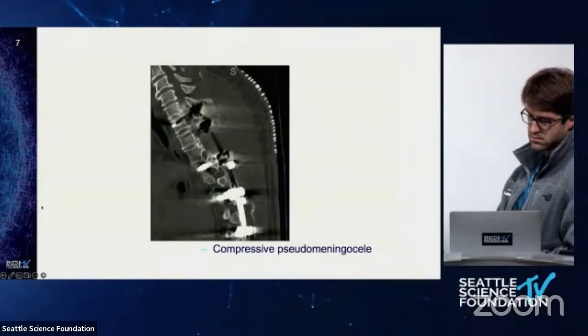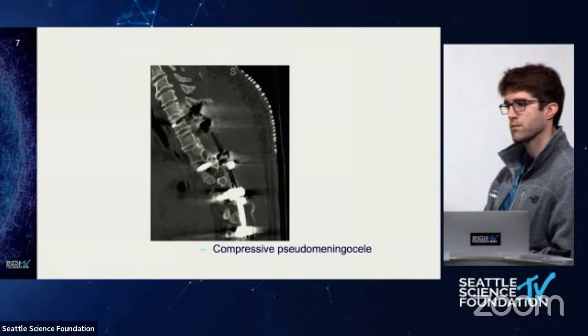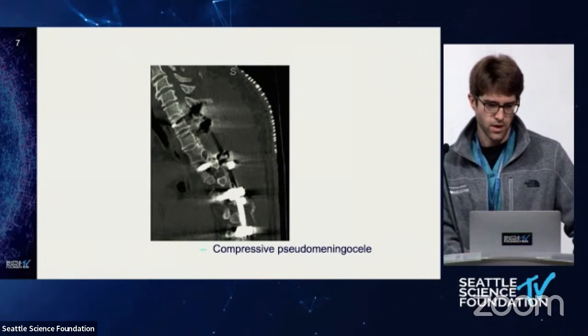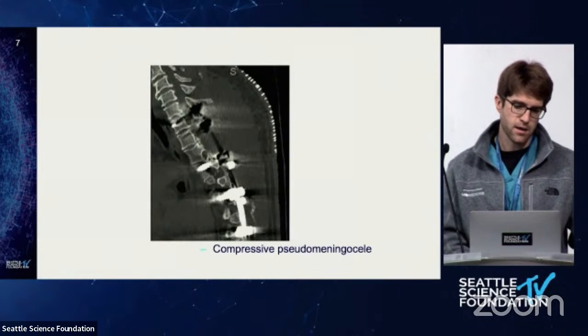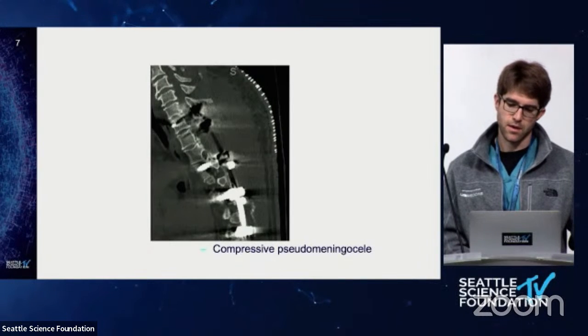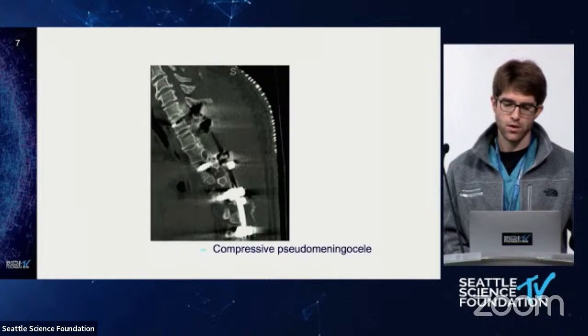What, in your review of this case, actually caused the neural deterioration? Was it the bone graft caking in? Was it CSF, that pseudomeningocele with a ball valve effect? Yeah, I think bottom line is we'll never really know, but the MRI prior to the first revision shows compressive etiology, dorsal to the column. So I think that was worth going in to address. And the pseudomeningocele we know can be compressive, and even many months or even years after a dural tear a pseudomeningocele can develop and compress. So I think it was addressed appropriately.